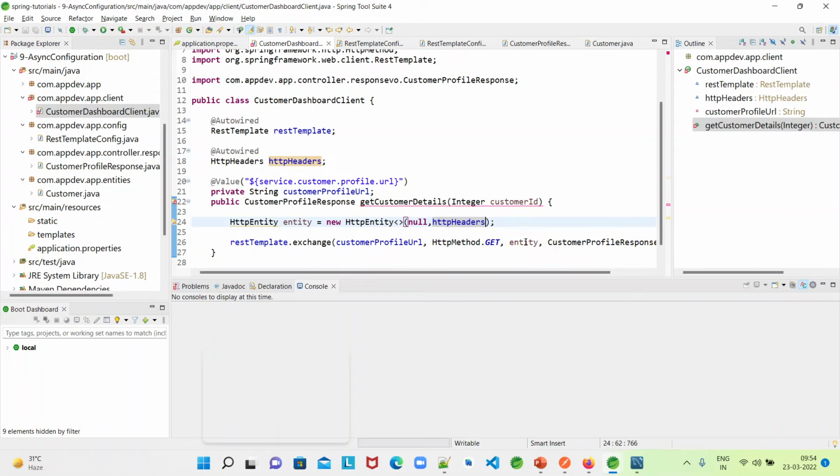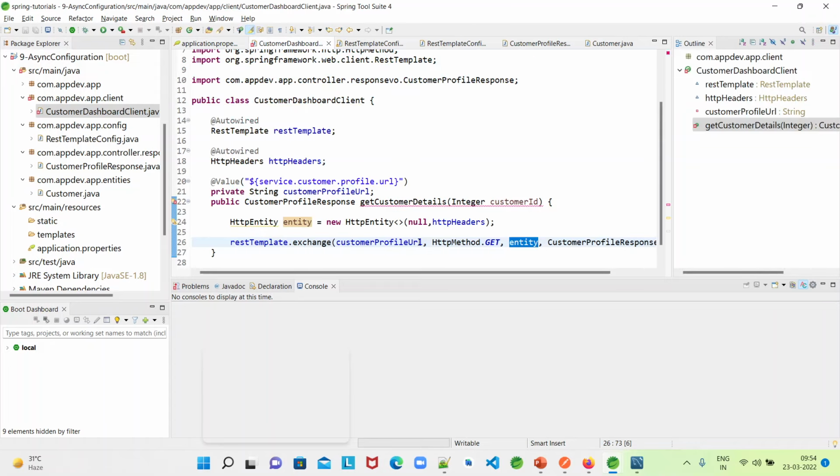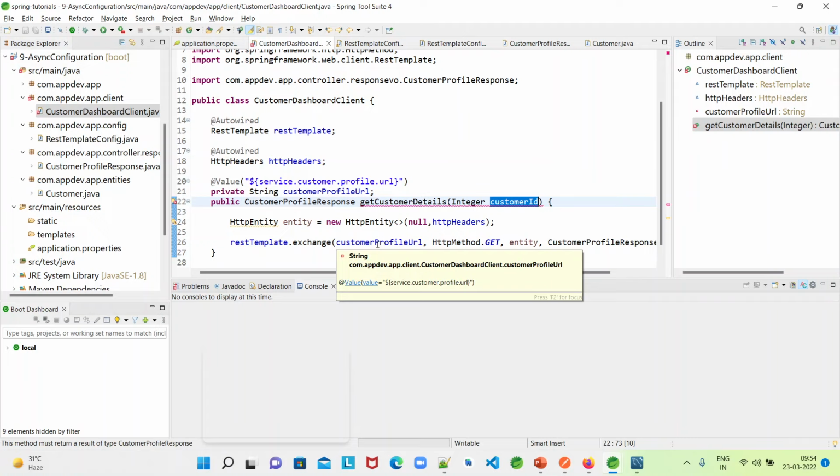Now I'll use the entity. See, the customer profile URL has one URI param, or path param, customer ID. But if we call it like this, what is the customer ID we are getting from the client? It will not be replaced in it. So we have to substitute the value that we are getting from the client into this URL, the URI param. In order to substitute the URI params, we have to use